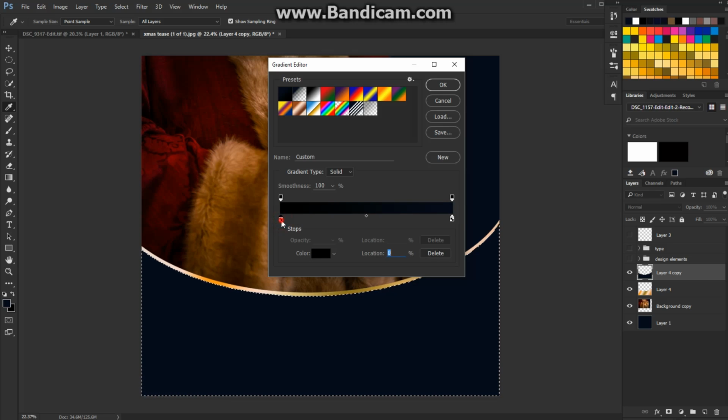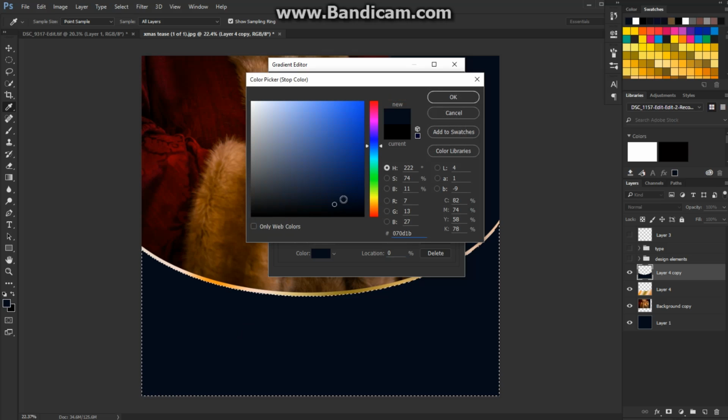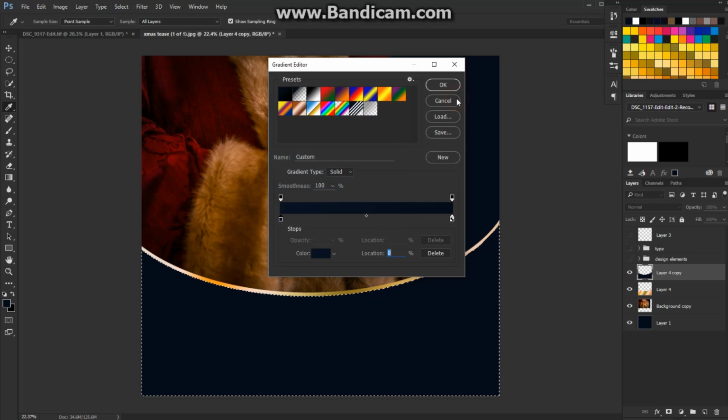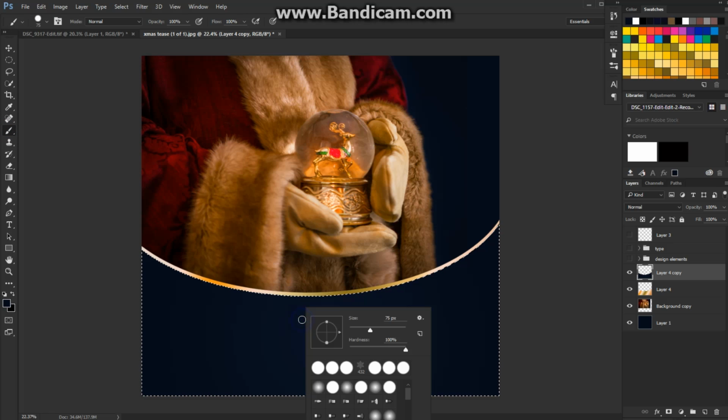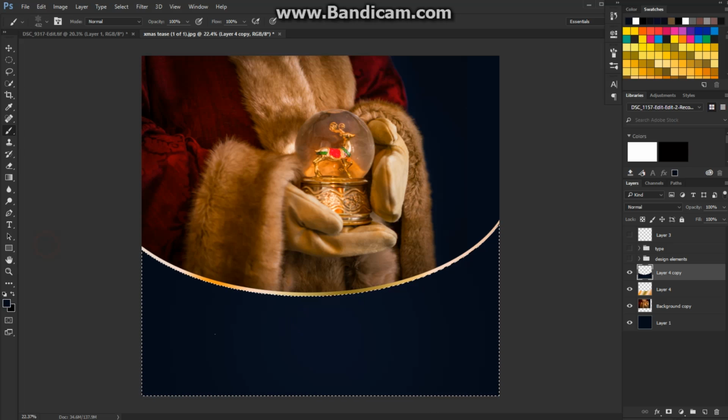And instead of black, I'm going to switch that to be just a pinch lighter than my background color because I don't want a really obvious gradient. So in the middle, I'm going to click and drag outward. And you see I've got that light effect in the middle, and it is very subtle. So now what I'm going to do is just stamp on a few snowflakes, which I've already downloaded. You can find them on the internet, all kinds of places. So I'll stamp them on here